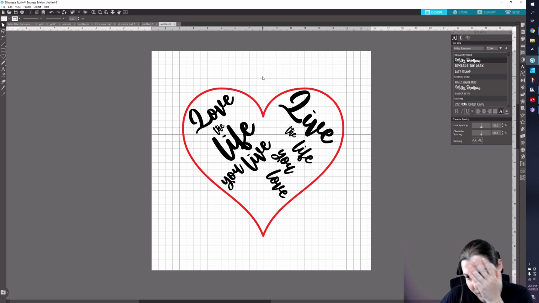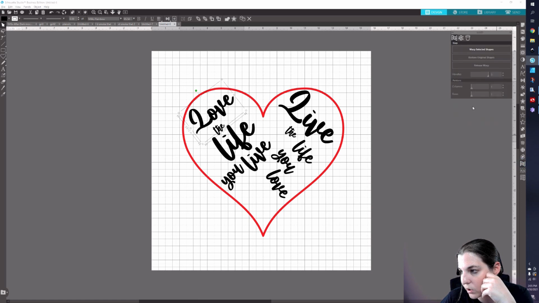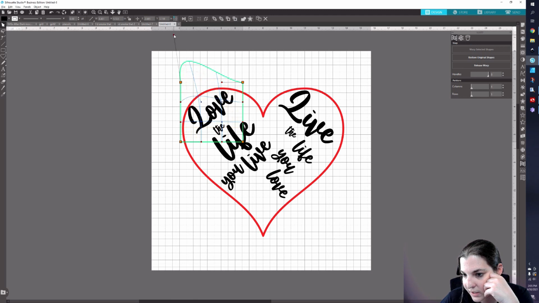Oh god, it's so ugly looking. Basically they're filling in this box here. Now, if you want to manipulate your text, you can click on warp and you can utilize the warp function to bring text up